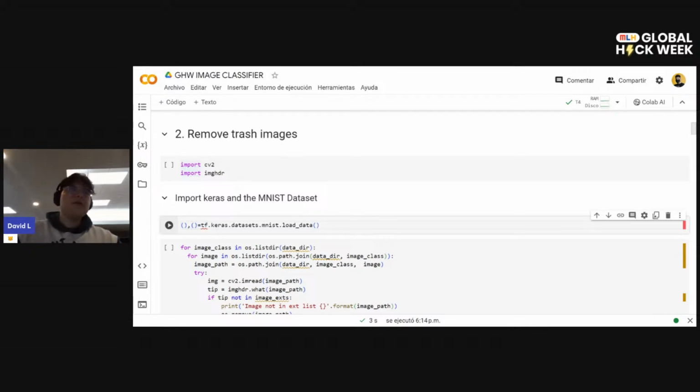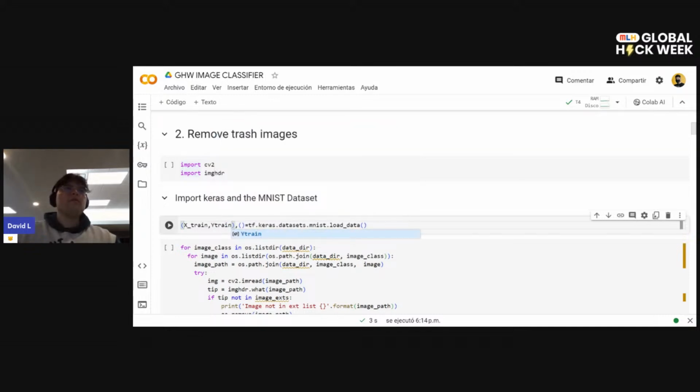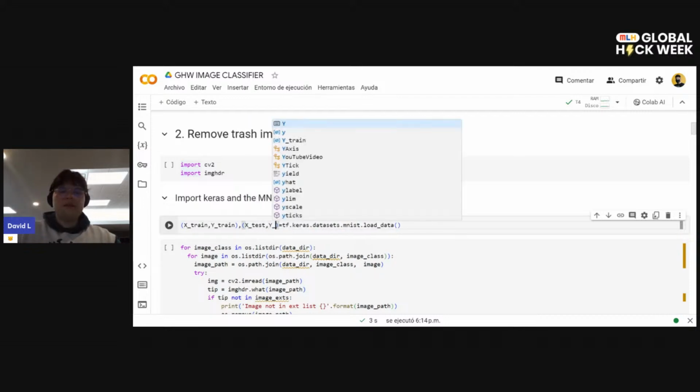The first one is going to have as values called x_train, y_train, and the other one we're going to call x_test and y_test. And remember why we do that? We're doing this because this is going to bring us